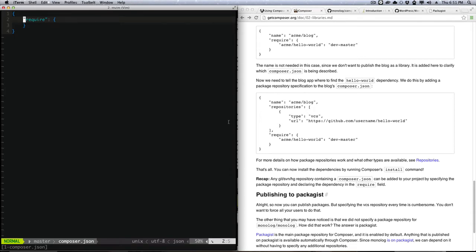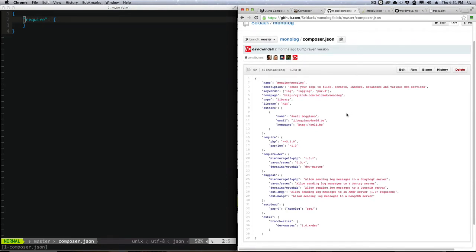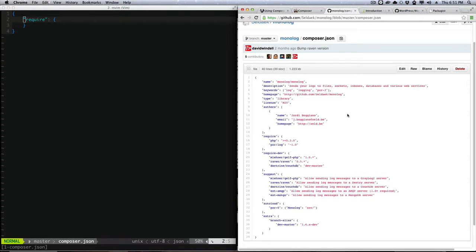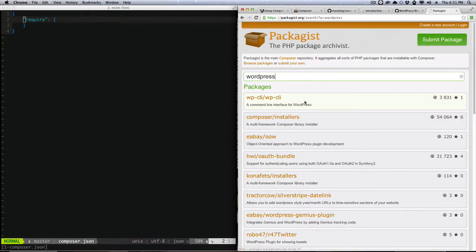I just showed you how easy it was to define your own repository as the source of a package. However, the monologue example we used already included its own composer.json, as we've seen here before. This means that it was already a composer package. The real question is, can we use a package that doesn't have a composer.json file? Since this screencast is about WordPress, let's use it as an example. Now, this screencast would be a lot simpler if we could just go to Packagist and search for WordPress and find it. Assuming it was there, you'd probably add it in something like this,